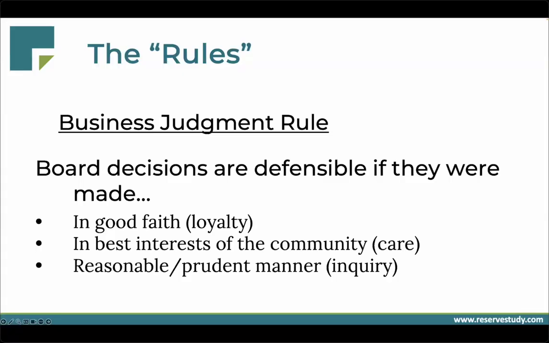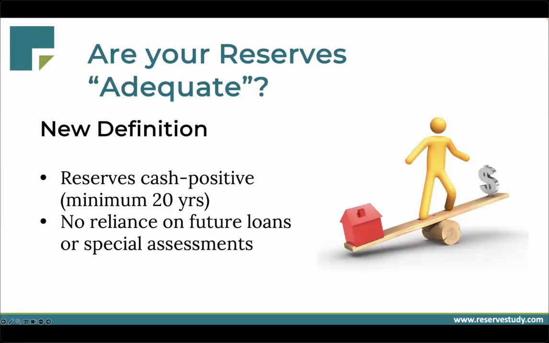Number three is that we acted prudently, meaning that when we weren't sure what to do, we didn't just make a guess. We reached out for help. That could be from your landscaper to find out which plants we should be using, or from your accountant, your attorney, your manager, your insurance agent, or potentially your reserve study provider. So in other words, no guessing. Whether you're a manager or a board member, we are not expected to know every single thing. You're not expected to know it all. So reach out to wise counsel. That is what we're here for.